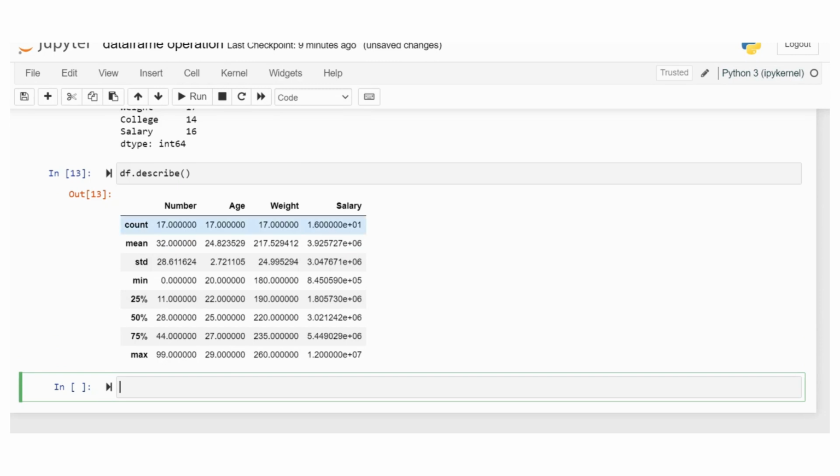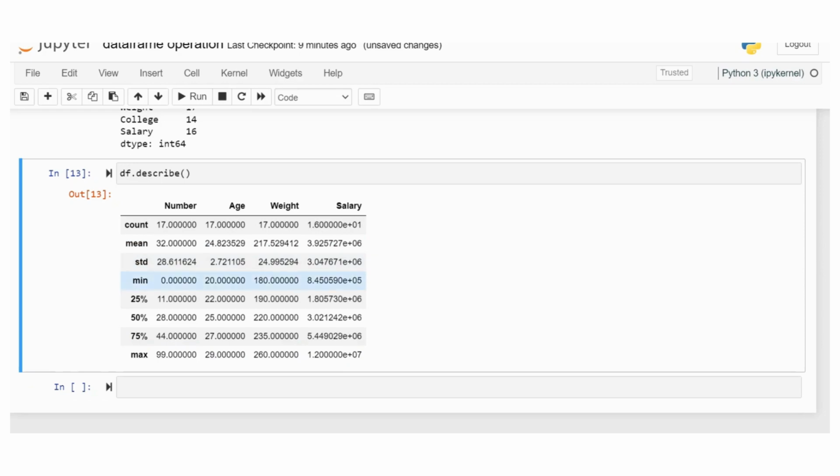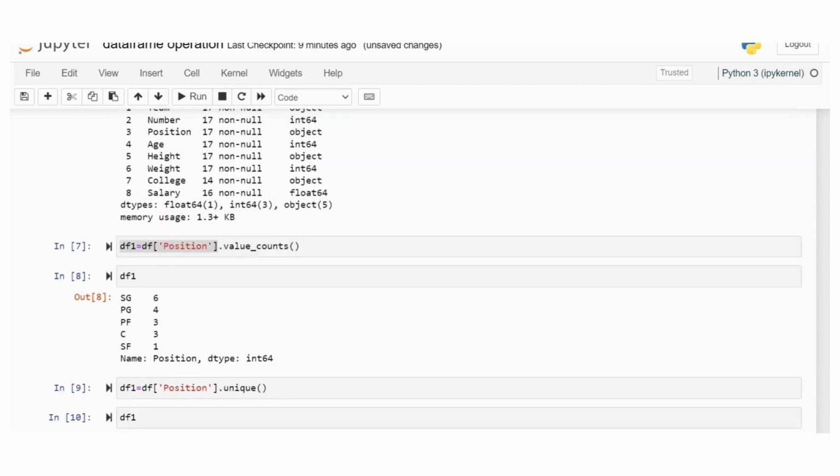The number column count is 70, age column count is 70, weight is 70, and salary is 1.6. Mean of number is 32 and age is 24, standard deviation is 28 and 2.72, and the minimum value is 0 in the number column.